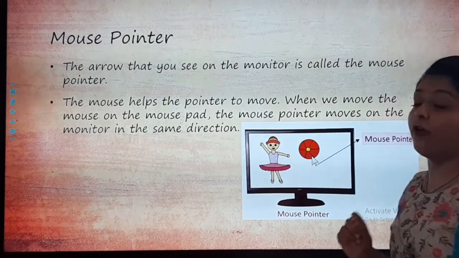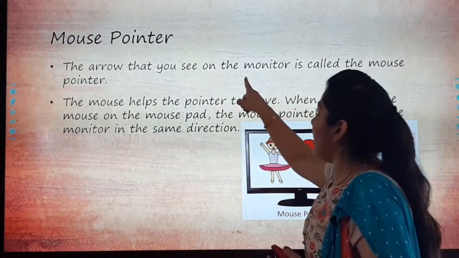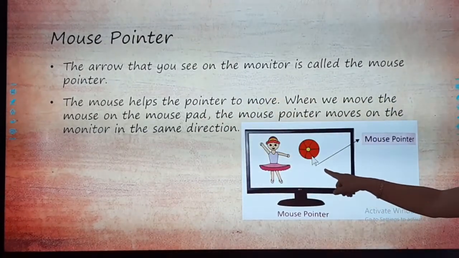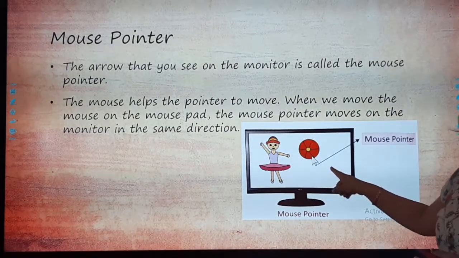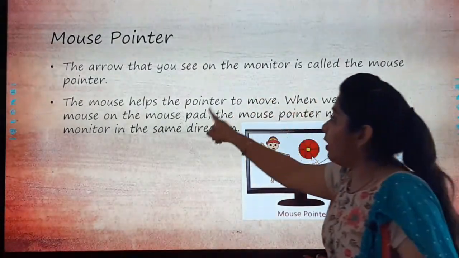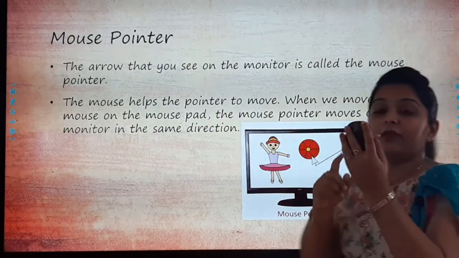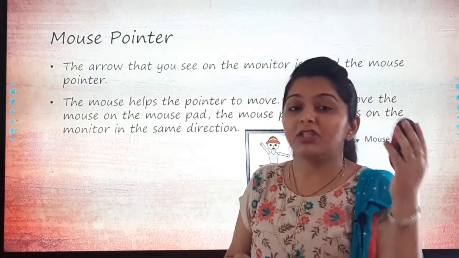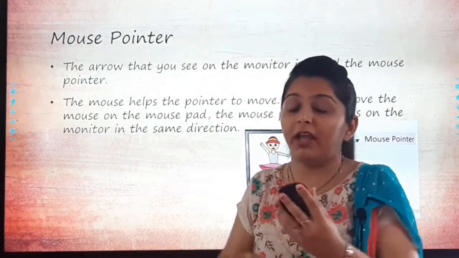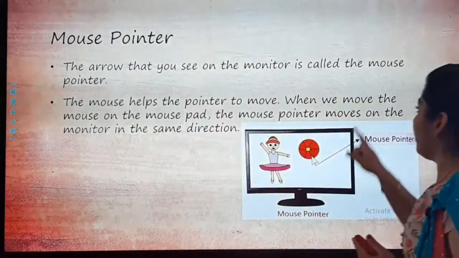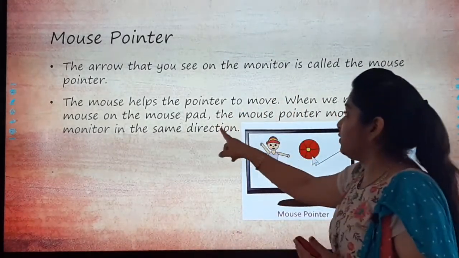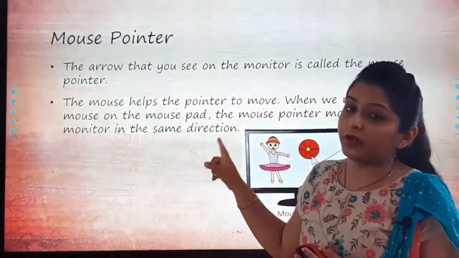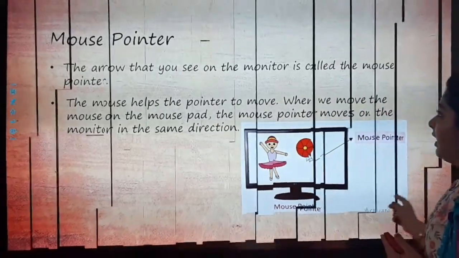Mouse pointer. Now what is a mouse pointer? The arrow that you see on the monitor is called the mouse pointer. This small arrow that you see is known as the mouse pointer. The mouse helps the pointer to move. With the help of the mouse, the pointer will move on our monitor. Wherever we take the mouse, however we move it, the pointer will also move. When we move the mouse on the mouse pad, the mouse pointer moves on the monitor in the same direction. Understood? As I have told you. Next,